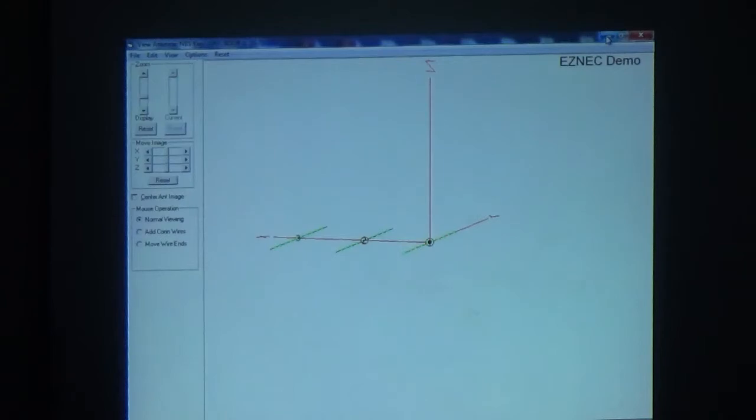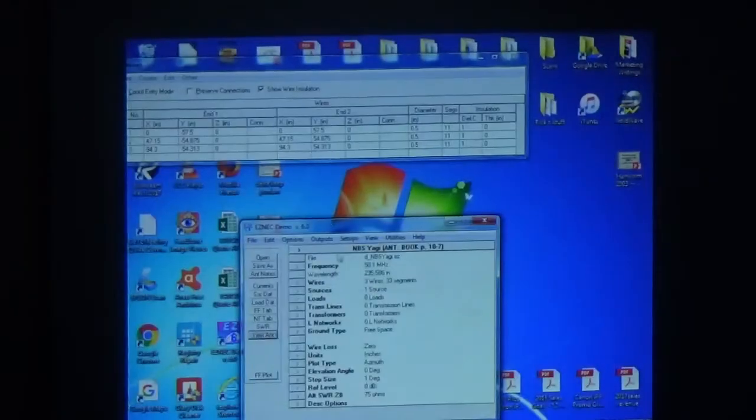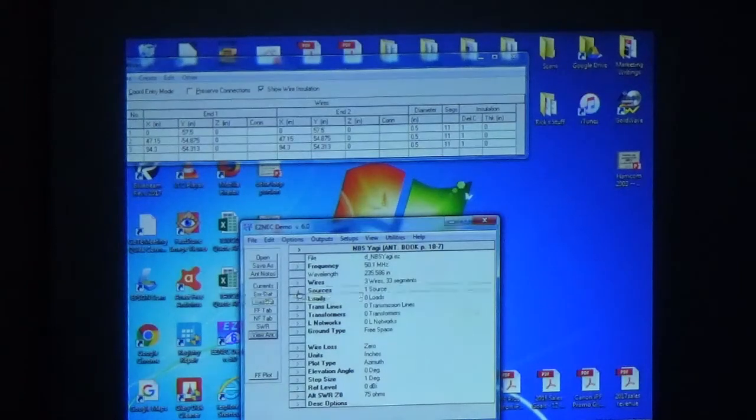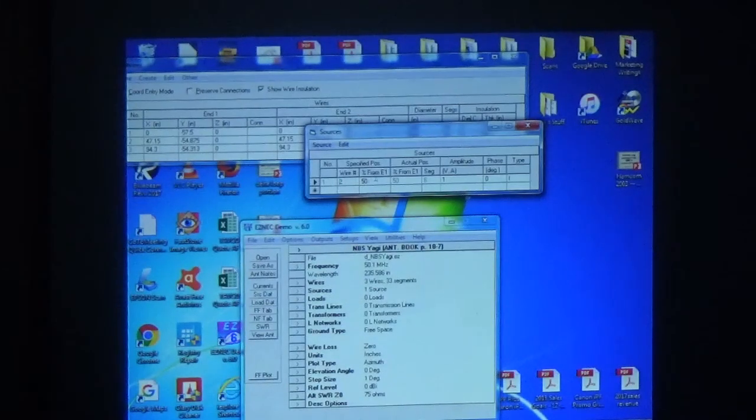If that's a Yagi, why does it have multiple sources? Because they're gonna be parasitic. It doesn't. Before I say it doesn't have multiple sources, I'm gonna come here and see, it only has one source, and that's on wire 2. So that's the driven